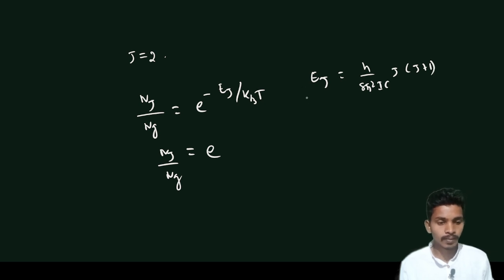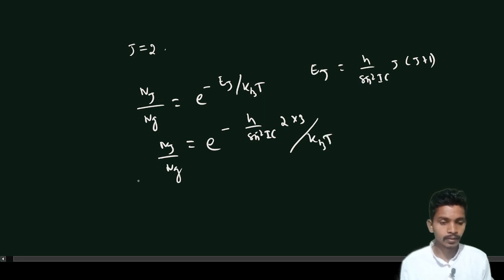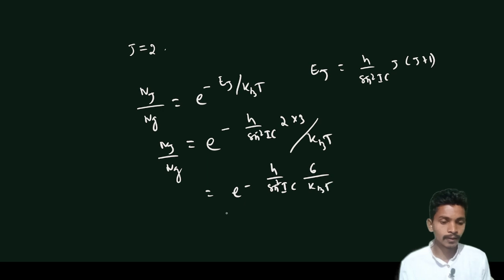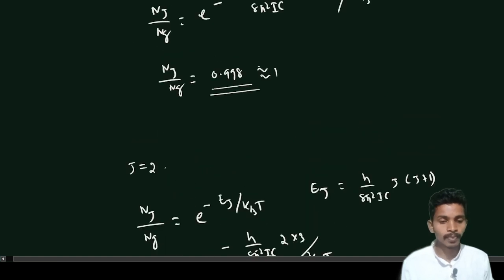So now minus h over 8 pi squared I c, and now j is 2, so 2 into 3, that is 6, upon k_B T, and if you calculate the value, it is going to be approximately 0.45, like that,